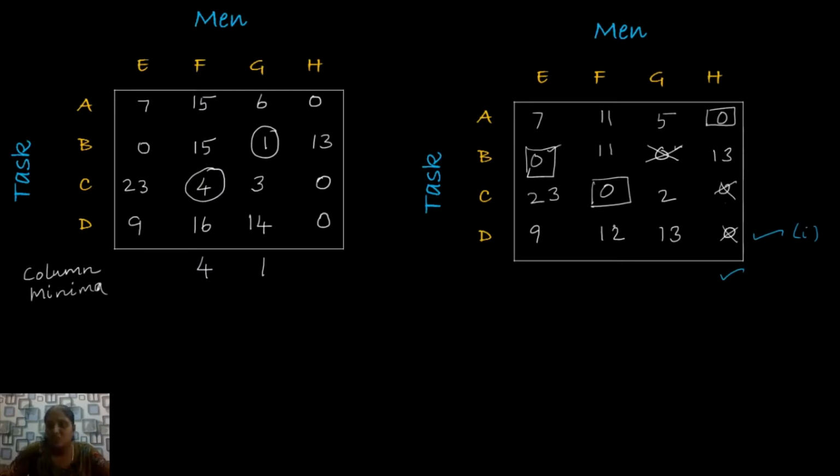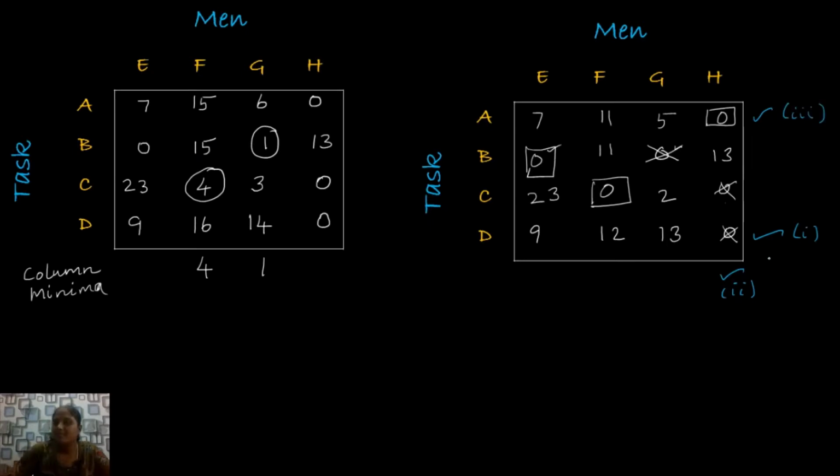So look at this row. Is there any 0 element? Yes, this is the position where we have a 0 element. So you have to mark this column. This is your second step, marking the column which has a 0 element in the marked row. And your next step is, in this column, look at whether there is any assignment made. So you have to mark that row which has an assignment in the marked column. This is your third step.